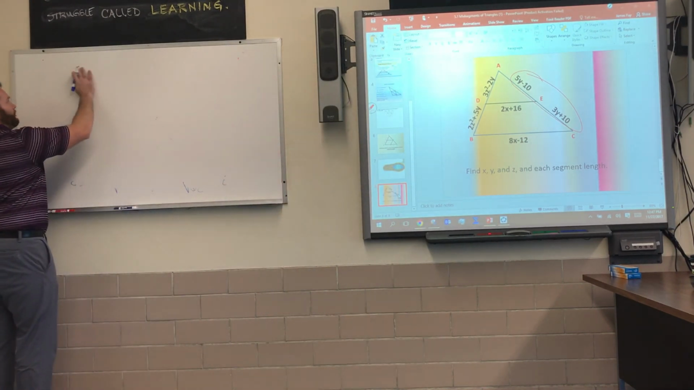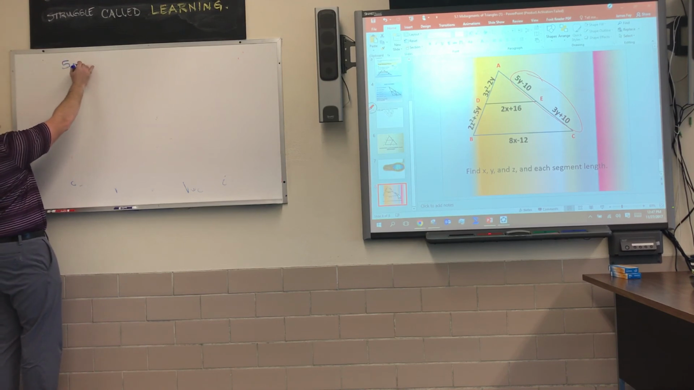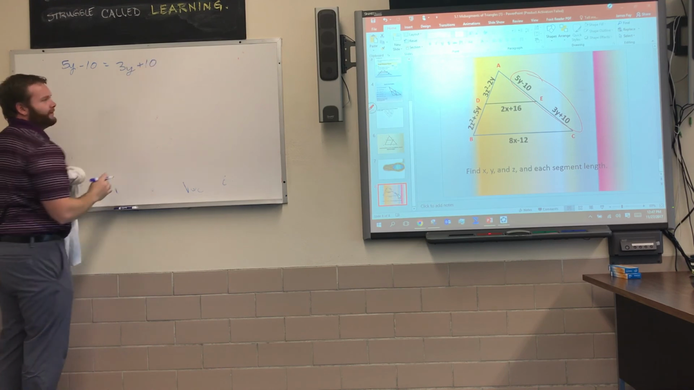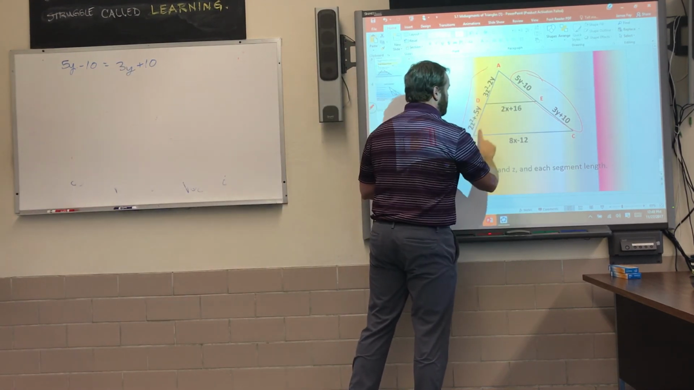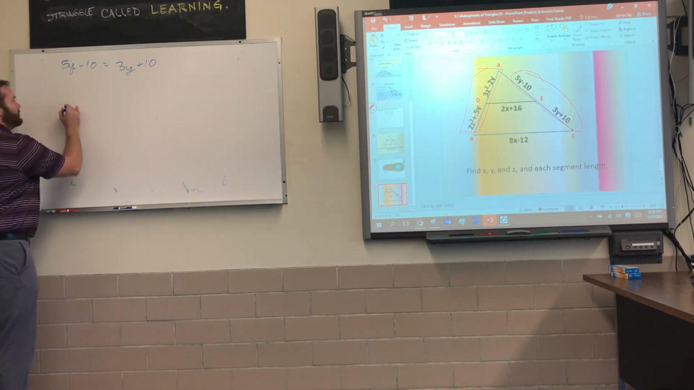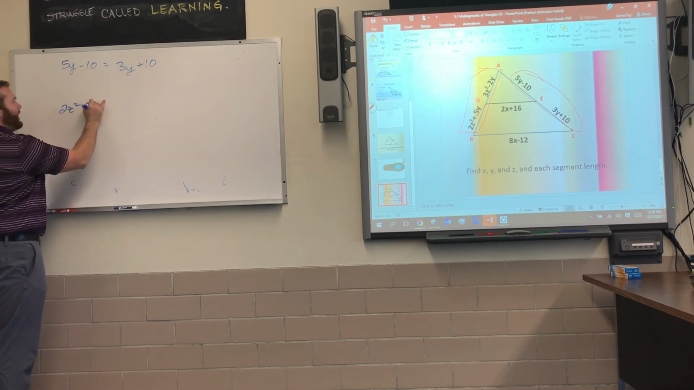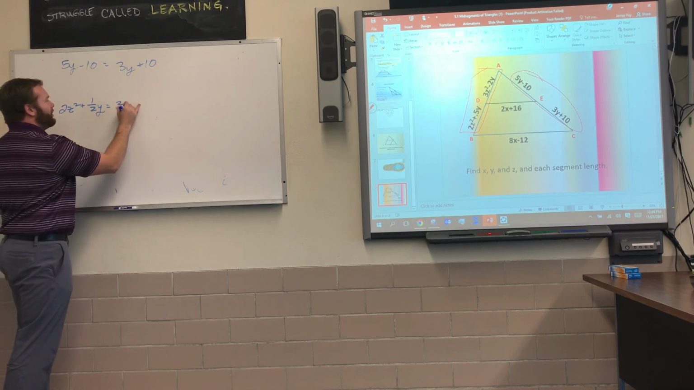They should be what to one another if E is a midpoint? Equal. So it should say 5y minus 10 is equal to 3y plus 10, right? Okay. What should be the relationship between those two things if D is a midpoint? Equal. So I get 2z squared plus 1/2 y is equal to 3z squared